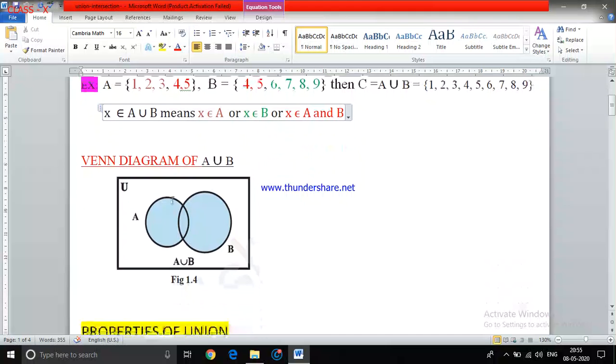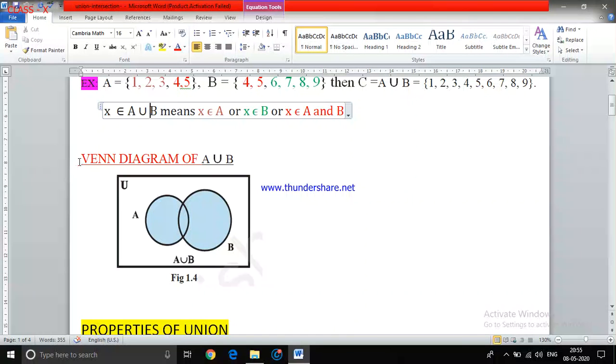Now if I go for the Venn diagrams, as we said, in the next class we will discuss the Venn diagram. Venn diagram of A union B. This rectangular box is representing the universal set U. Your universal set will always be in the shape of a rectangular box. Inside this universal set, you have one circle with set A and another circle with set B. You can take the same size or different size, it doesn't matter, there just have to be two circles.